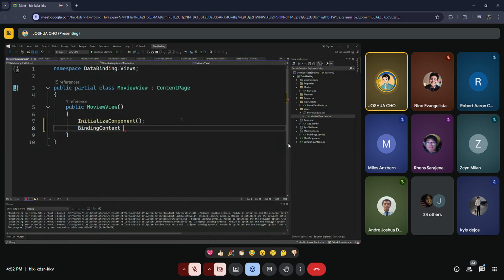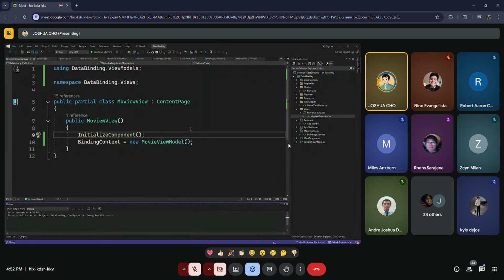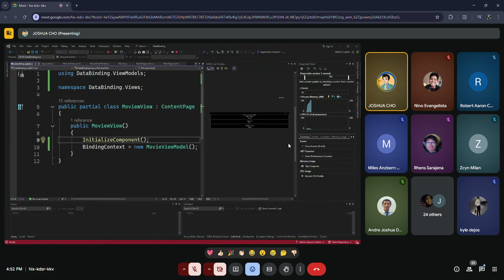New movie view model. So using data binding, that view models. Movie view model. Let's run the code.